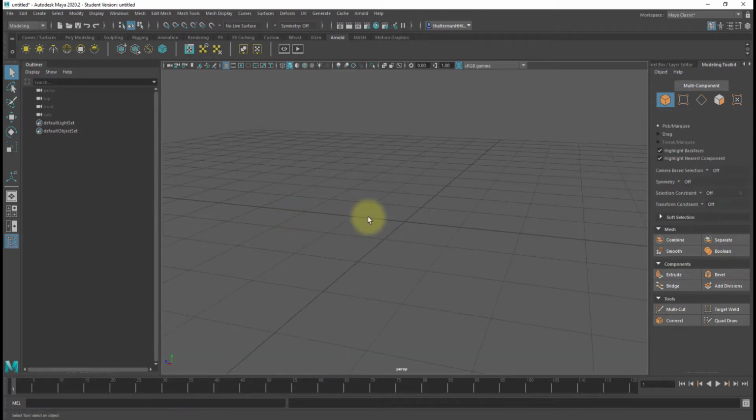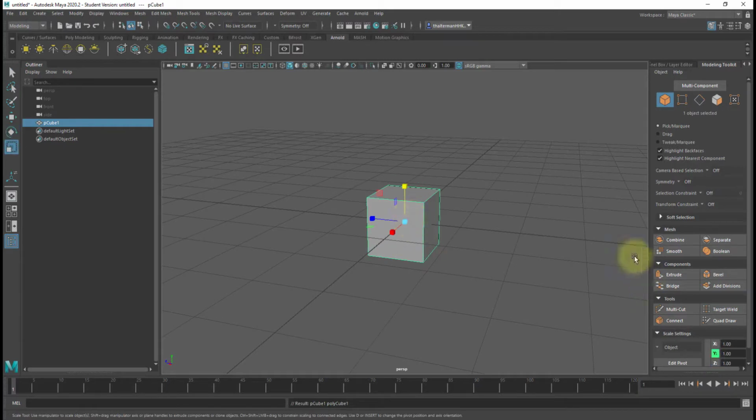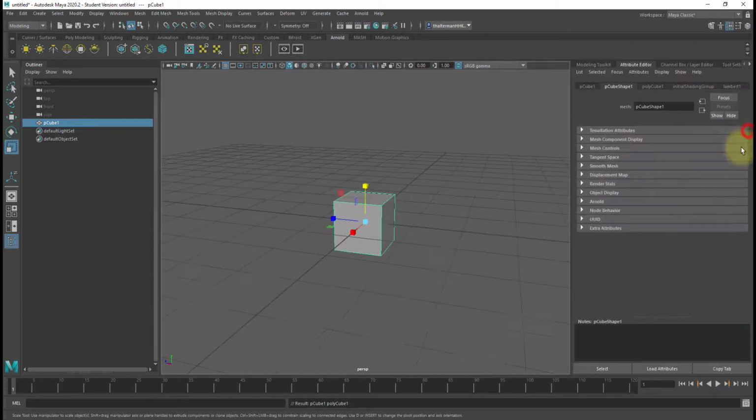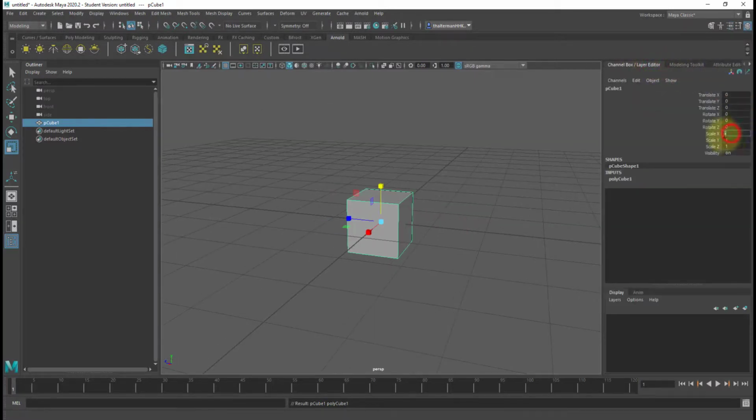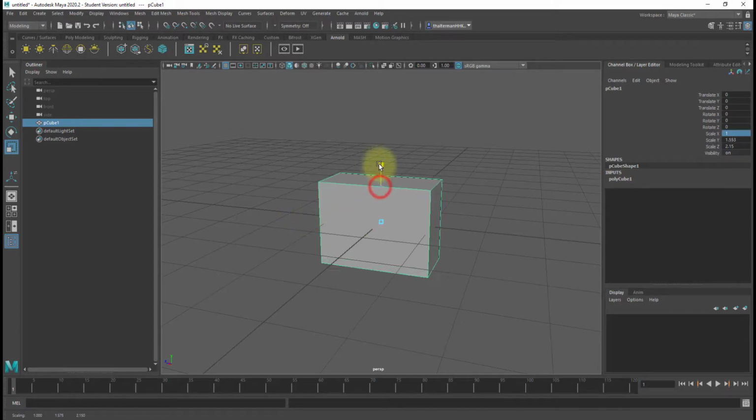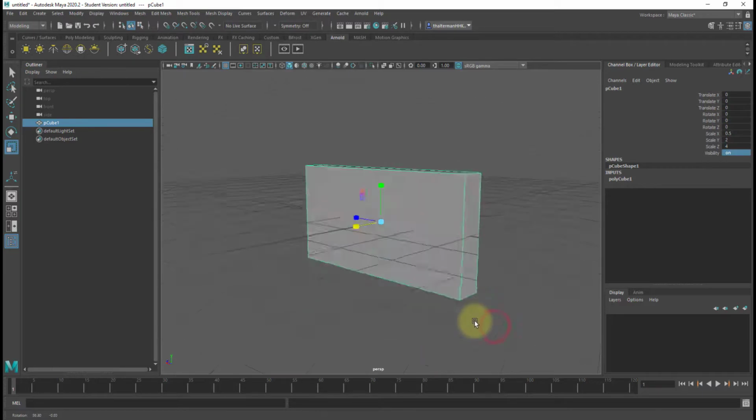So what I want to do here is I'm just going to start off by modeling a cube. I'm going to actually go into my channel box editor here. Oh, let's see, it's not opening for me. There it goes. I want the scale. I want this to be maybe about, I don't know, let's go ahead and make it 4 foot long by maybe 2 foot tall by perhaps, in this case, maybe half a foot in length, or as far as thickness. So I'm just going to go to my channel box here and make those adjustments. I want it to be 2 foot tall and 4 feet long. So there's just one